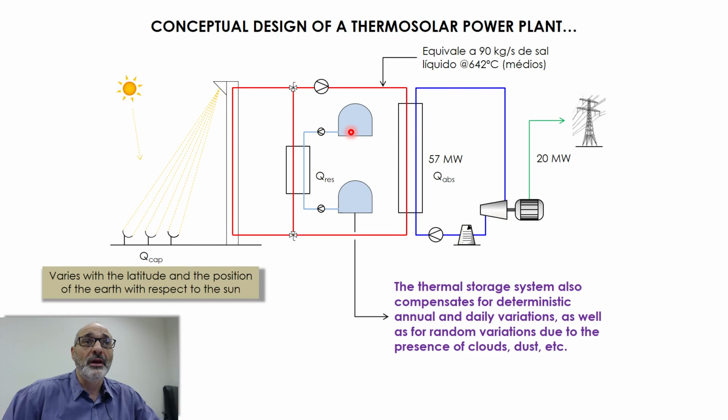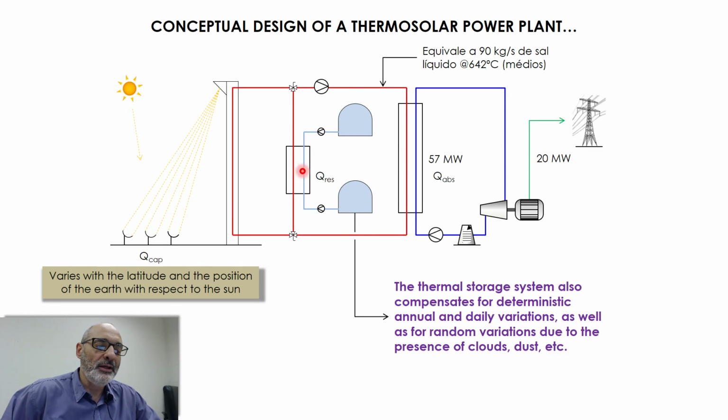How can we do it? We can use salt as storage system and two reservoirs, okay? Just follow my reasoning here. During the day, okay, if I double the number of mirrors, so instead of absorbing 57 megawatts, I'm absorbing 114 megawatts, okay? Half of these megawatts, 57 megawatts, goes to the secondary, and half, okay,